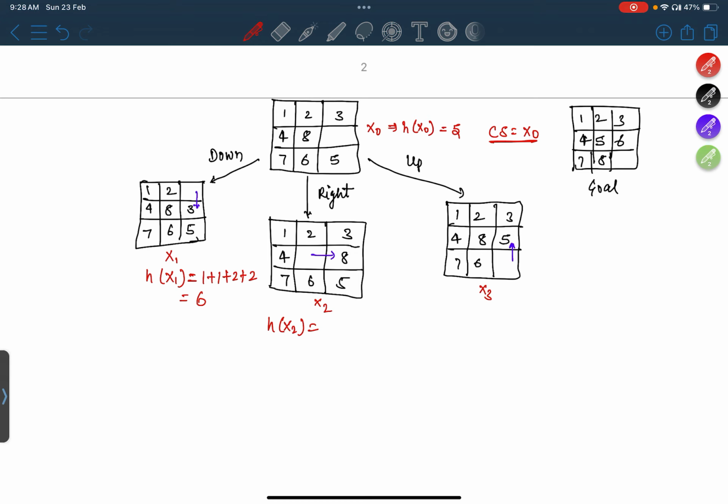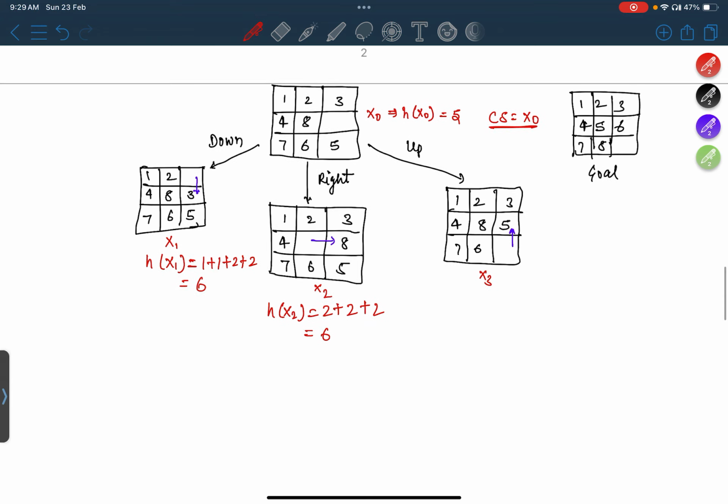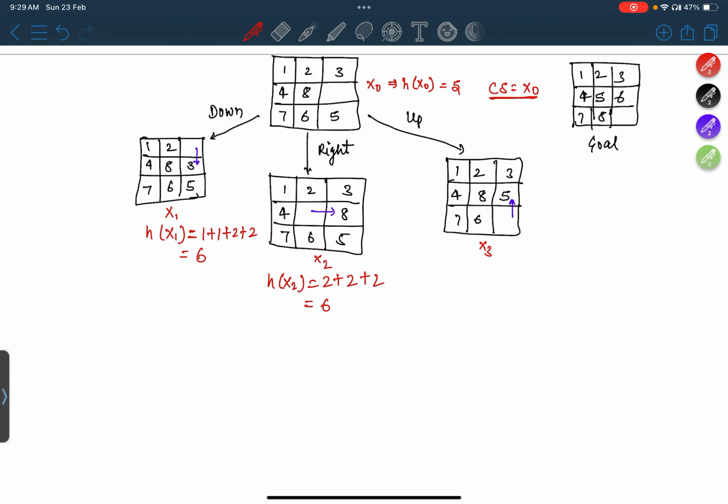In this, 1 at the correct position, 2 at the correct position, 3 at the correct position, 4 at the correct position. Is 8 at the correct position? No, 8 isn't. How far is 8? 2 places. So 2 plus. 7 at the correct position. Is 6 at the correct position? No. 6 is 2 further away, so 2 further away, and 5 is also 2 further away, which is 6. And h of x3,